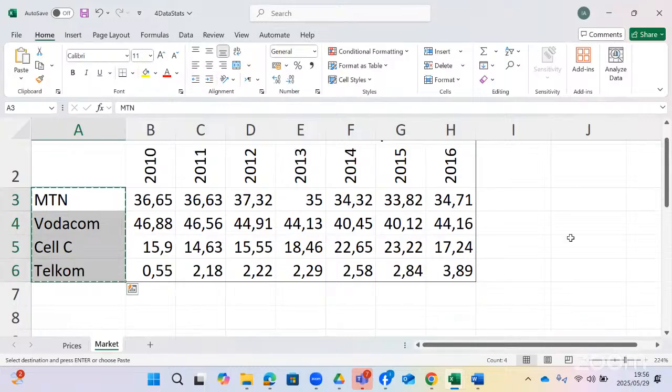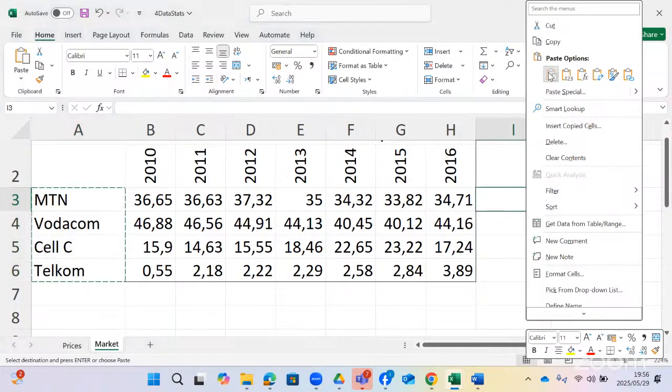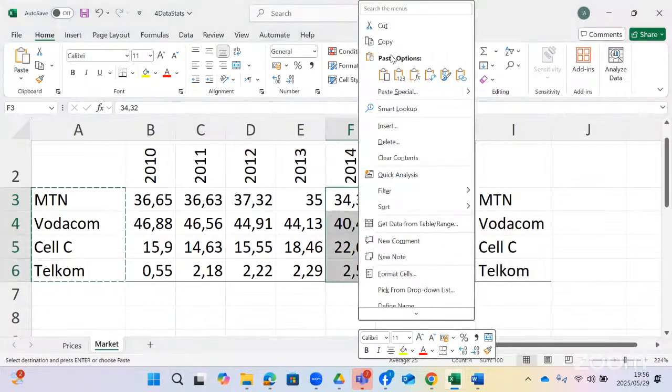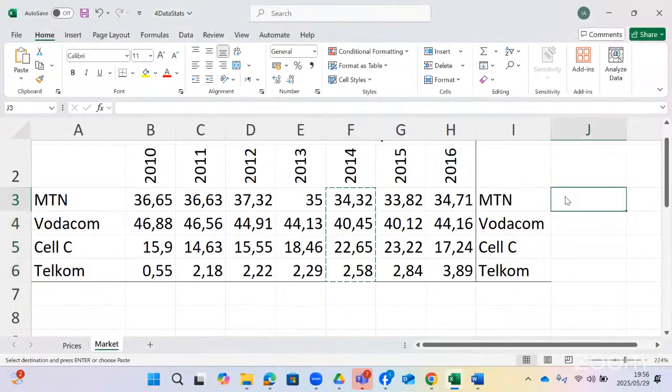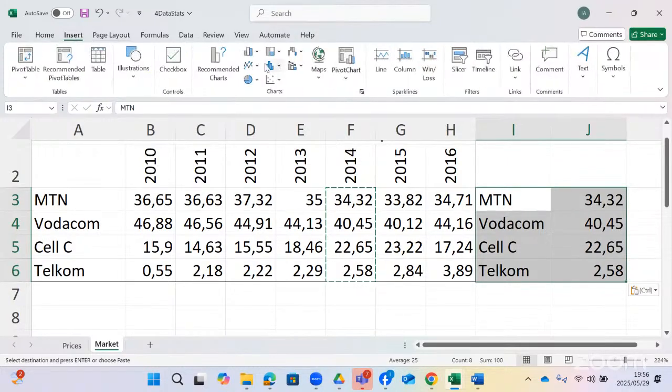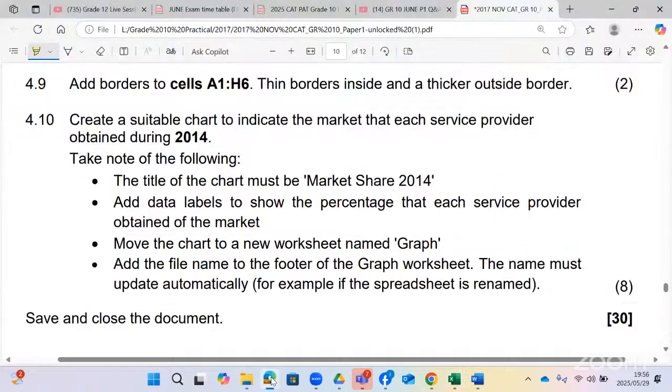You can copy them into different places. You paste it. Then you select the values for 2014 and then you paste it as well here, so that they will follow each other, and then you draw your graph. So you select them and then go to insert chart. Now, according to the question,